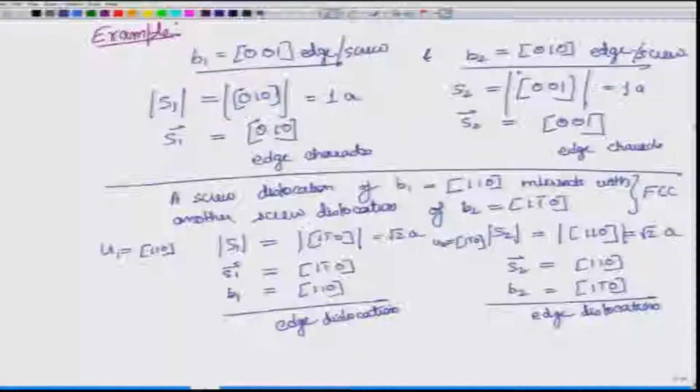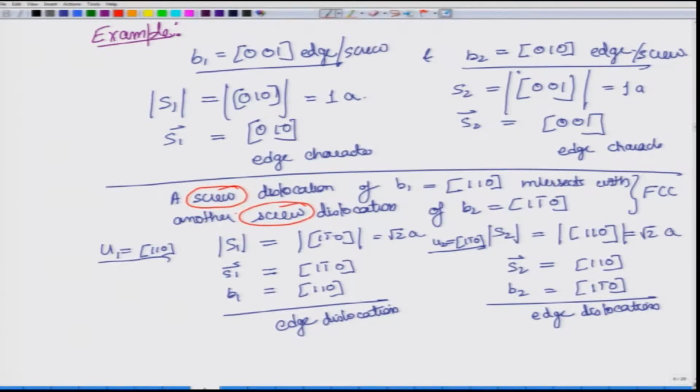Now, here again if you look at it, I had given extra information: screw dislocation of Burgers vector B1 and B2. Did I ever use this information, screw dislocation? I have given the value u1 here and u2 here, but I am never using it. So, again this information is extraneous, it is not required at this stage. If we just want the character and the step size, the magnitude, all this information can be obtained from the Burgers vector alone, and that is what we see here.